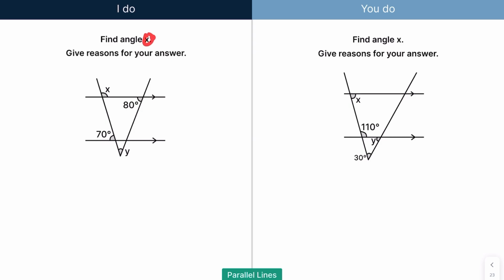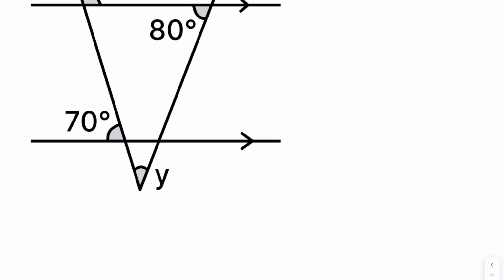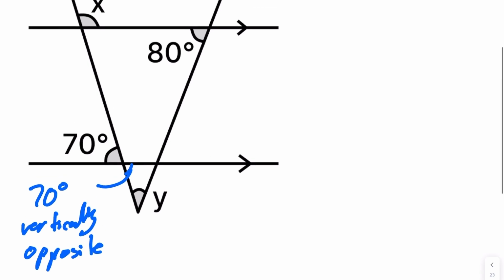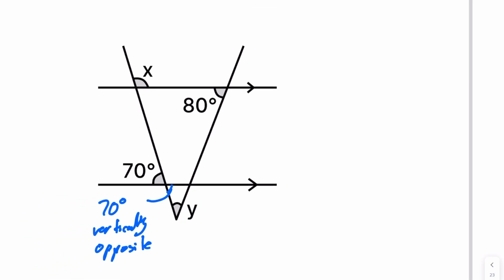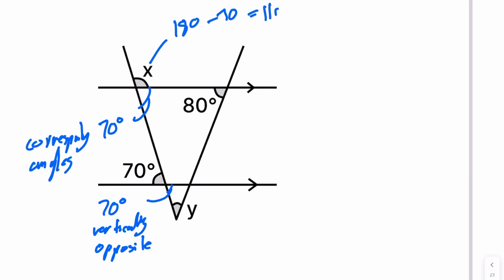So moving on now. Again, we are looking for both angle X and Y, not just X. So with this one here, how do I find Y and X? If we just zoom in a bit, so we can see this bit here is going to be 70 because it's vertically opposite. So we have that now. And I can see that this here is also going to be 70, and that's due to corresponding angles, which then means that X is just going to be 180, take away 70, which is 110 degrees, because angles